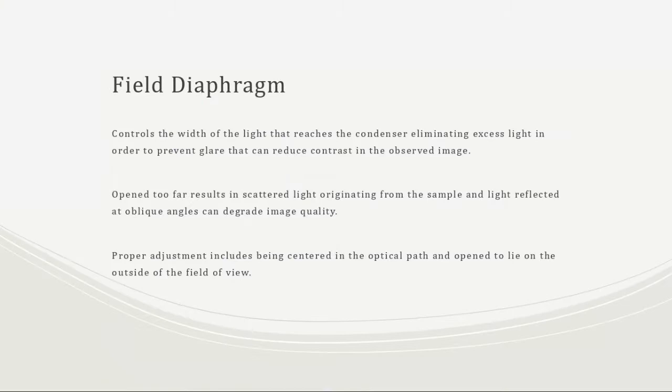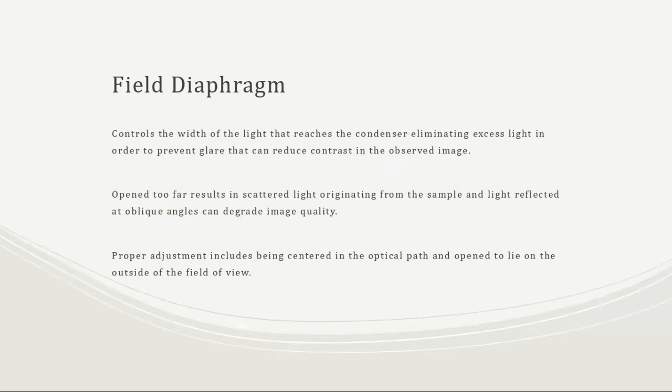So the field diaphragm controls the width of the light that reaches the condenser. Okay, and the condenser is going to be what ends up being your illuminator. So excess light is eliminated, because if you're making it the right size, the right width, then you don't have to worry about excess light producing a glare on your sample, which can also degrade your image quality. So if it's opened up too far, you get scattered light that originates from the sample and also light that's reflected from the other angles, and that will